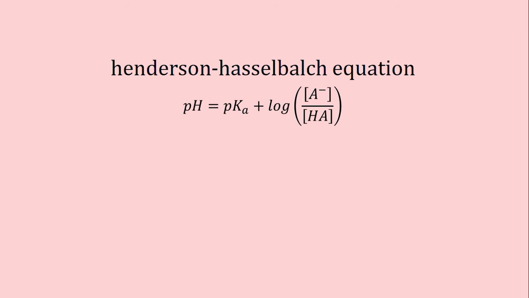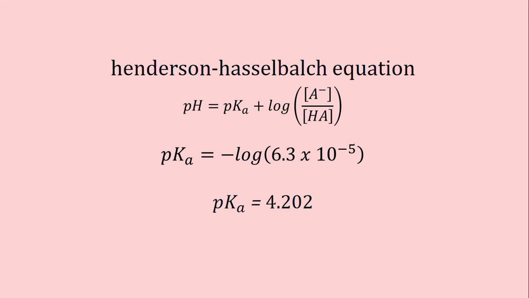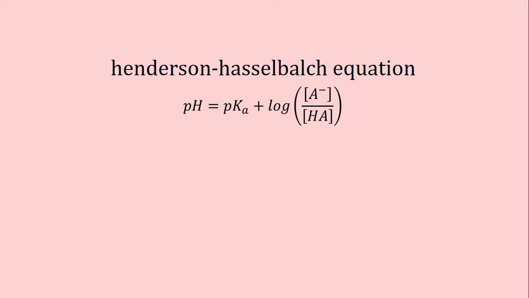Next, we need the pKa of the acid. It is the measure of the strength of the acid, and to get this, we will be getting the negative logarithm of the acid dissociation constant. From here, we can plug in the value of the pKa to the equation, giving us